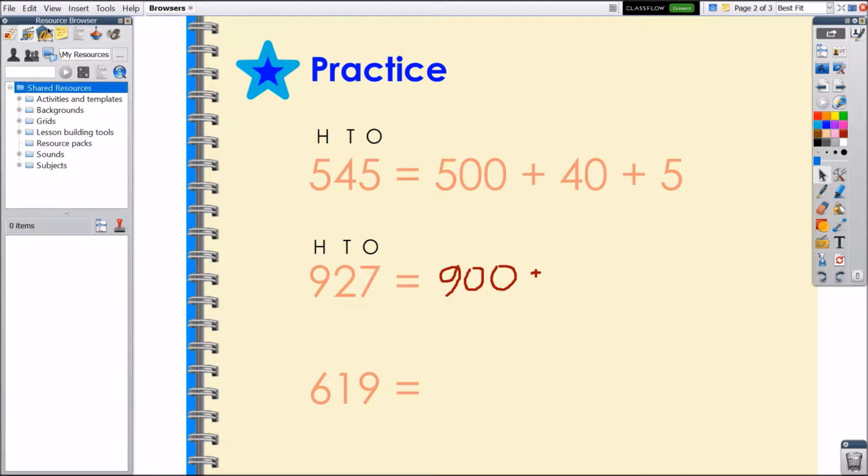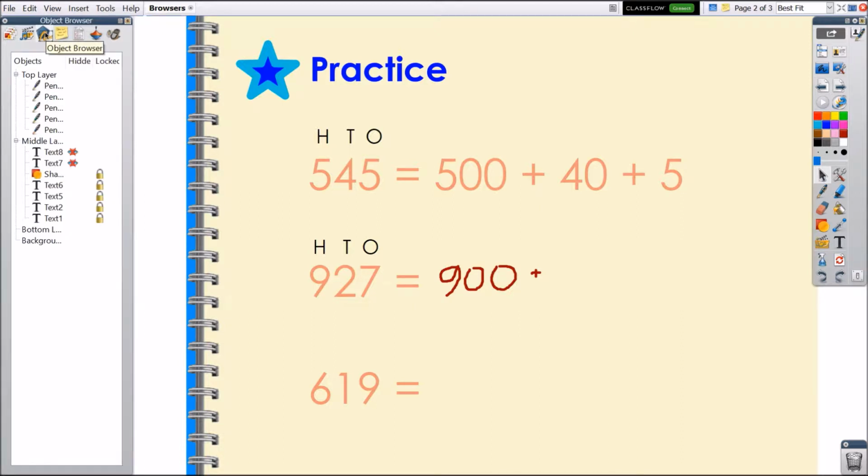Let's look at the Objects Browser. Object Browser identifies each of the objects on your page, including annotations, text, shapes, images, and more. Although a page is flat, a flip chart actually has 4 layers: the top layer, middle layer, bottom layer, and background layer. Use the Object Browser to drag and drop to reorder layering, and also use it to view hidden